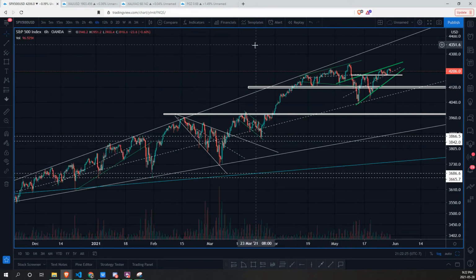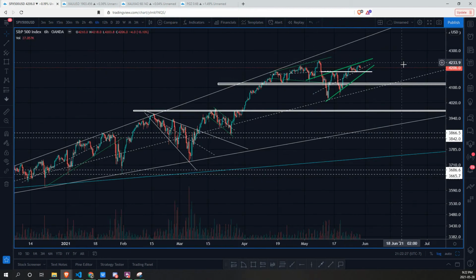The only thing I'm slightly worried about right now is we are creating a potential ascending wedge here. If it does just touch that top there, and it starts breaking this key level of support around 4180, we could see a little bit of a move down here to our nearby support of around 4100.